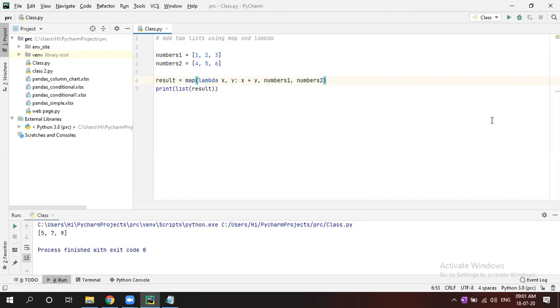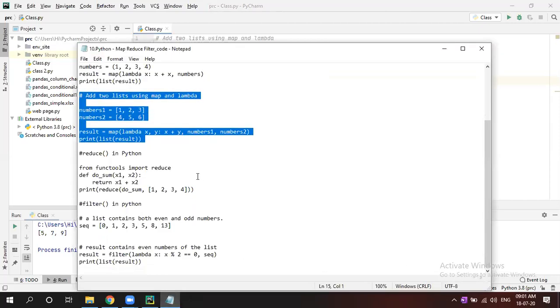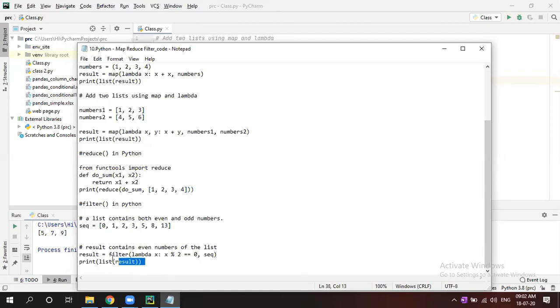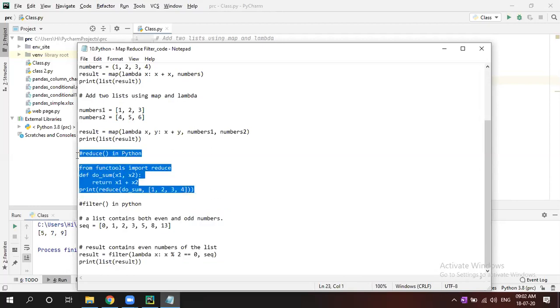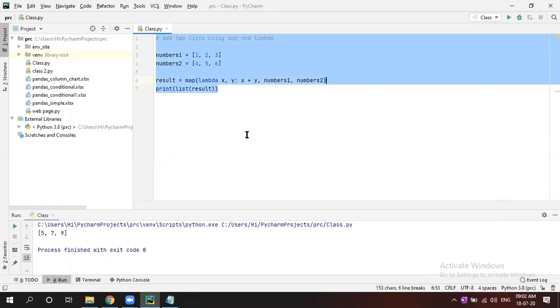Now let's go to the next one. Now this is the reduce function. No, not there, that is filter. Reduce one, only reduce. That one. So map is done, clear. Map means one-to-one mapping it will do without any loop and all. Automatically the map function will do that iteration inside.